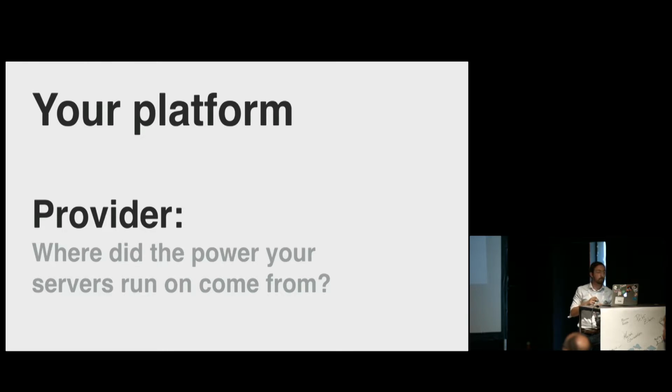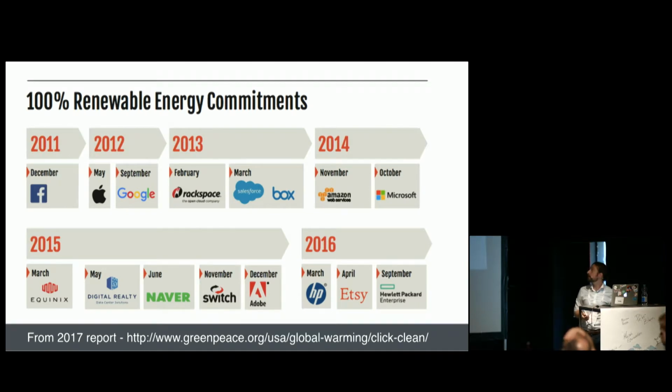When we talk about providers, we talk about how the electricity powering your service is generated. And this is probably where you have the most direct control. A few years back, if you wanted to run your apps on green power, you needed to run them in Iceland, where almost everything runs on clean geothermal power anyway, or you'd have a small number of providers who weren't very reliable or had very limited product offerings. These days, though, things are better. You're much less likely to have to make this trade-off of green and effective.